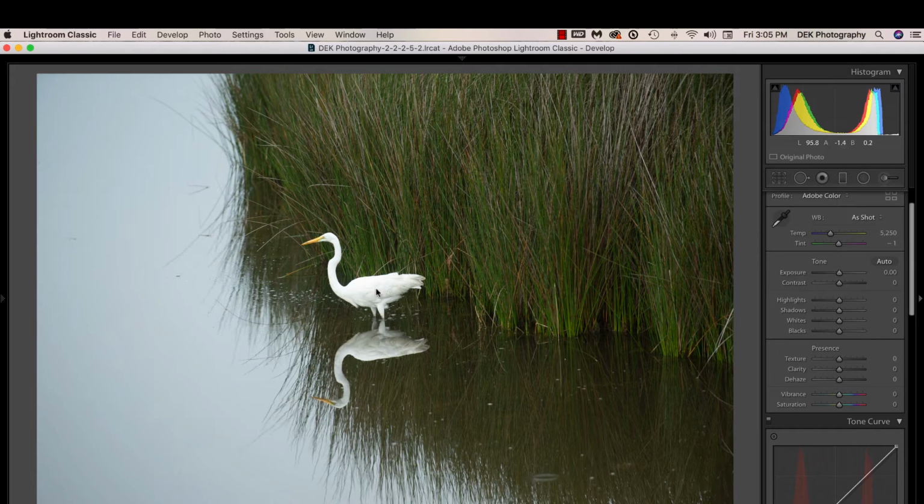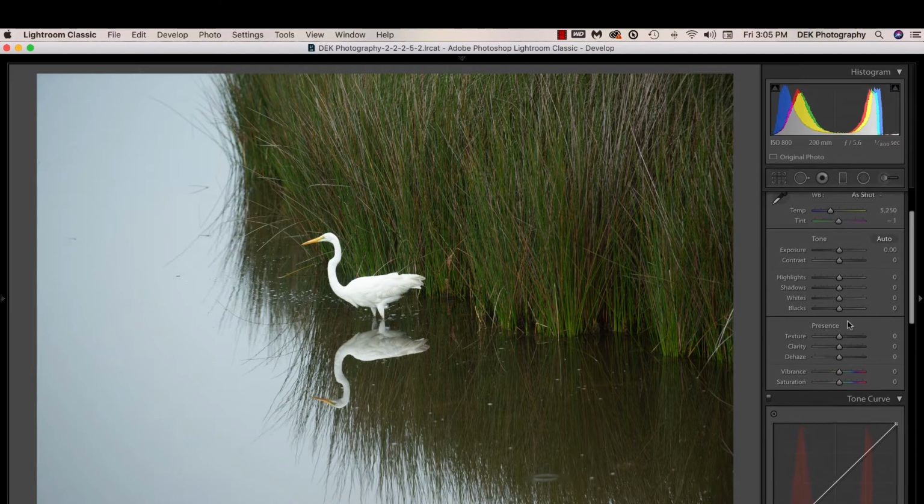If we were to simply meter on the white bird and zero out our meter, we're going to end up with a gray bird. So in this case, we've let in about 4 times the amount of light we would normally let in, and when we do that, we lose contrast in the image and the lighter colors start to disappear. So the first place I would start